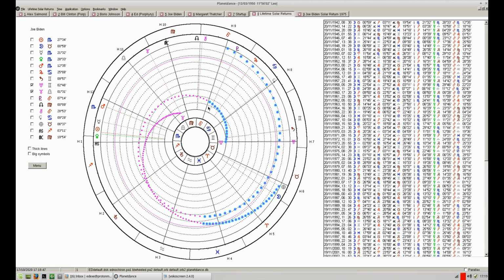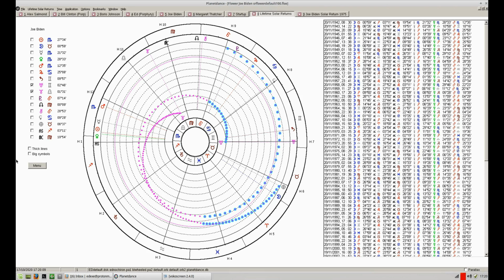These markers are decades. So we have 10 years, 20 years, 30 years, 40 years, 50 years, 60 years, etc. Biden being nearly 80, the now circle marks out his current age, which is about 77 or so.